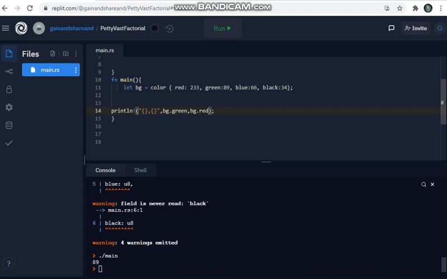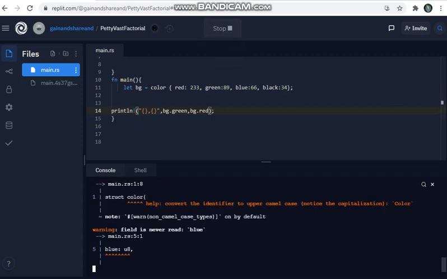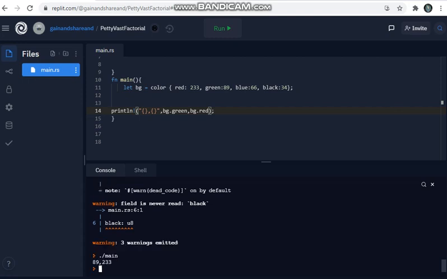That's it. If you run it, you'll get another output. It's taking some time, but yes, here you got 233. In the same way, let's mention all those things.